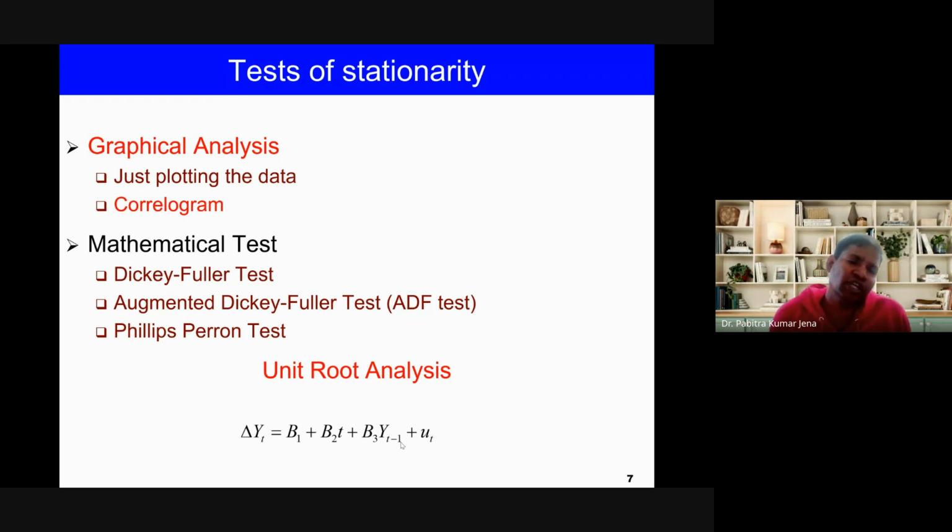The Durbin-Watson statistic is equal to 2 times (1 minus rho). If the DW statistic is close to 2, then there is no autocorrelation. If the DW statistic goes up to 4, then there is negative autocorrelation. If the DW statistic goes near 0, then there is positive autocorrelation. So the DW statistic should be equal to 2, or somewhere